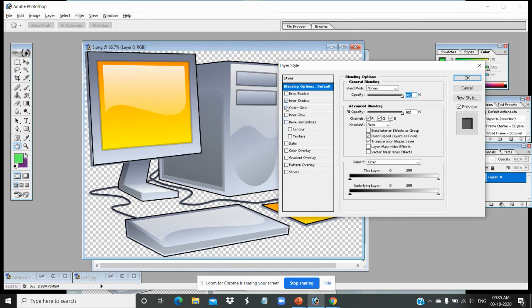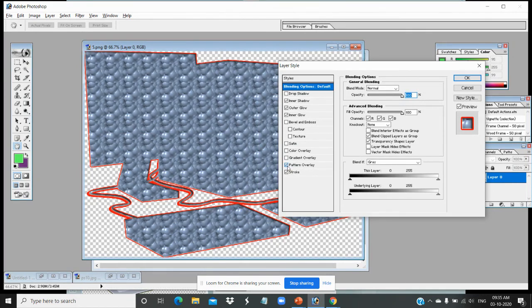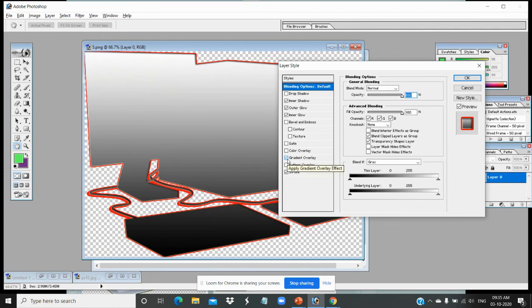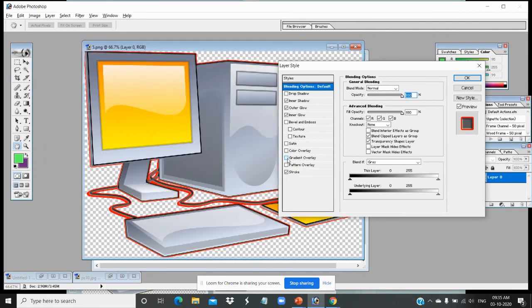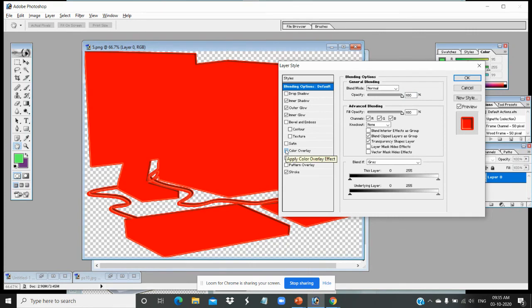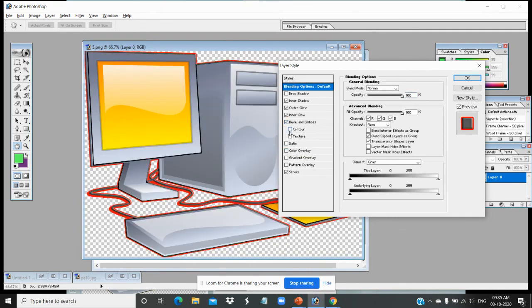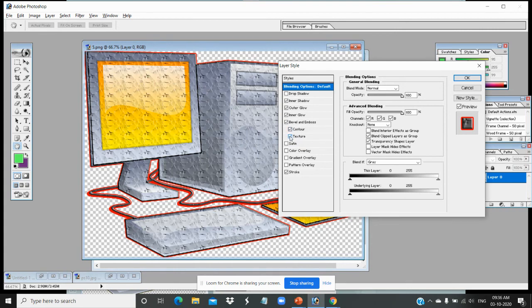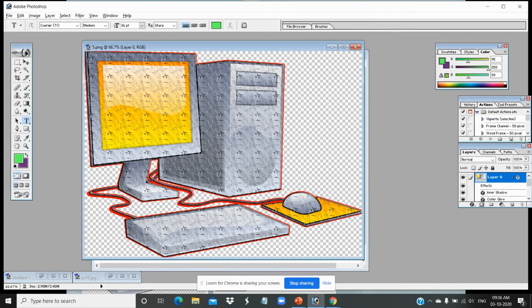See, outer glow. Look at the changes in the image. Inner glow, stroke, the colors which you want as an outer layer. So this is your pattern overlay. Gradient overlay is nothing but darkening the image. Color overlay, single color depiction. And bevel. See the changes. Texture. Okay, so these are the different layer styles that can be done for an image.